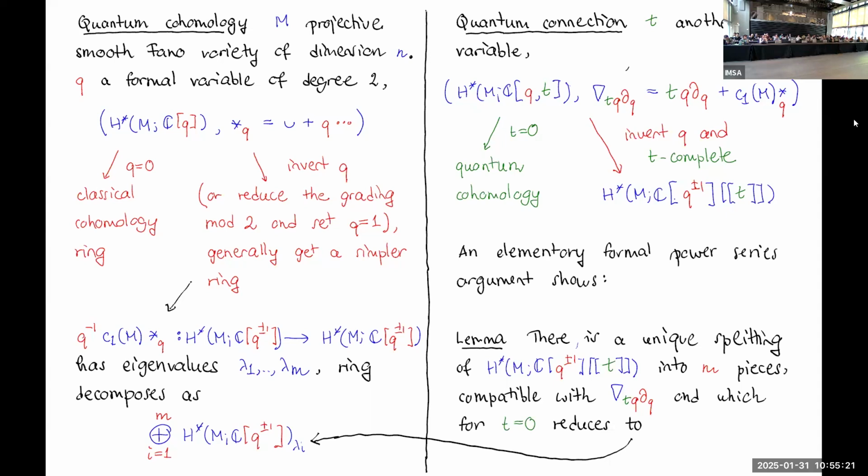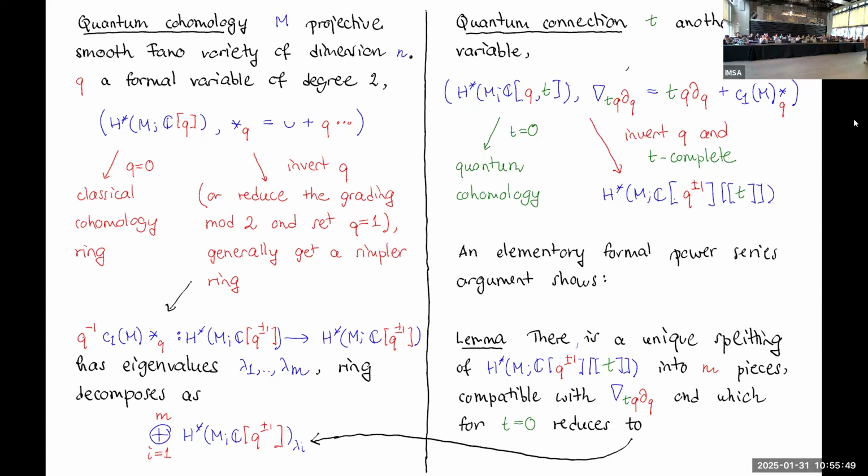There are various motivations for completing, but then we just do it to introduce formal power series in t. On the ordinary quantum cohomology, we have this splitting into eigenspaces. The splitting here, in a naive way, is not compatible with differentiation d by dq. Okay? So, there's an elementary lemma here, which was also in the